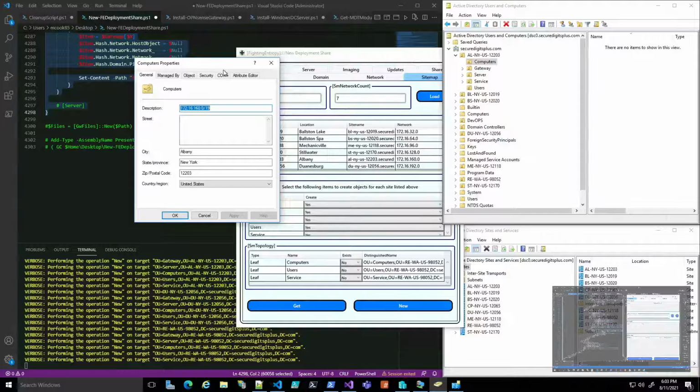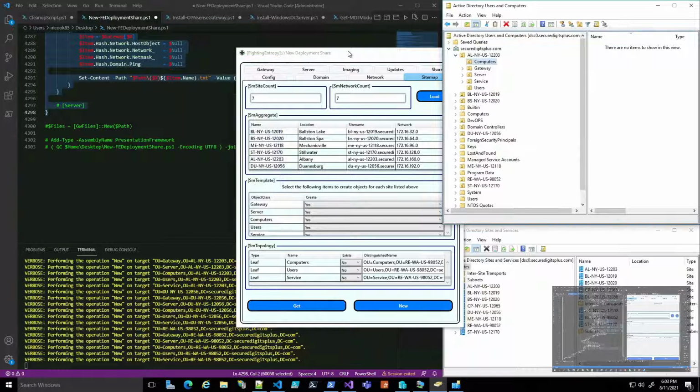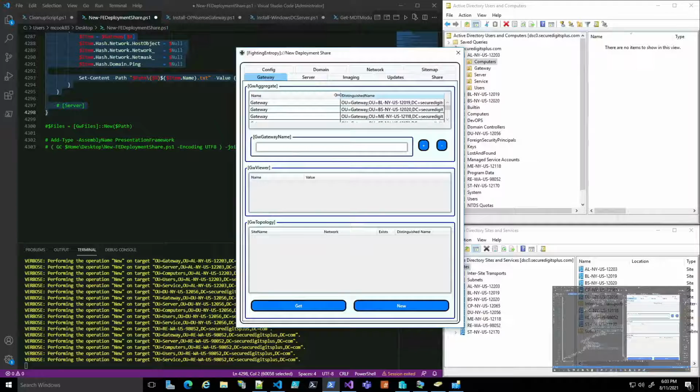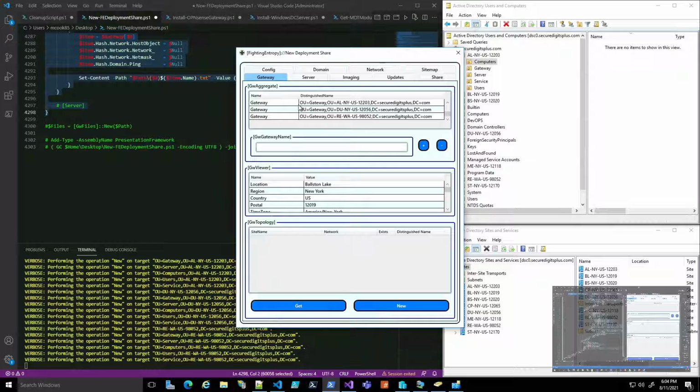I'm not going to showcase anything with the certificates at this time, but this is a template it would use in order to create a certificate for each subdomain, or not a subdomain, each site. Anyway, these are all the gateway objects that I created, and now I'm going to go ahead and